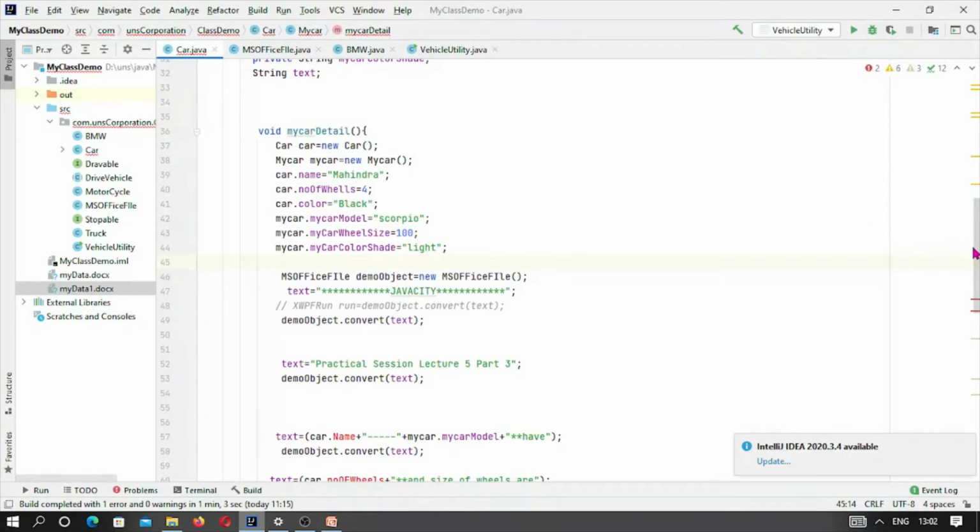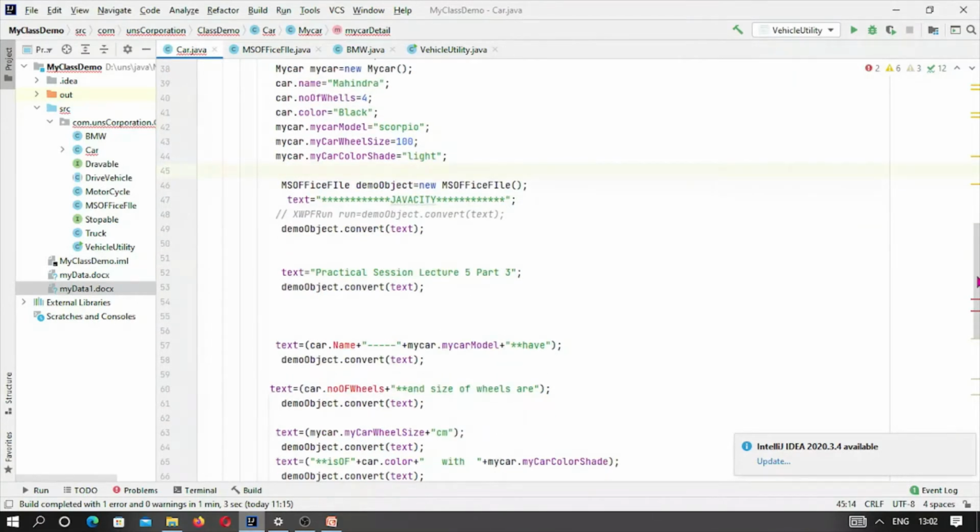Apache POI is used for interfacing Java programming with MS Office file formats. And this API has a number of components which we will see later. So let me first try to understand what is inner class. So this is the outer class object which we are calling here.